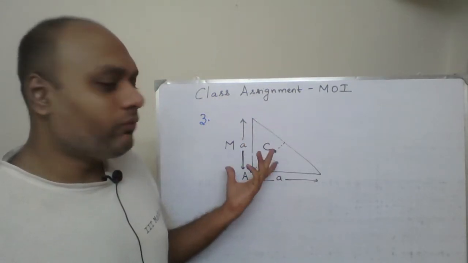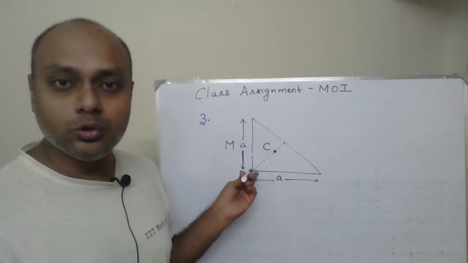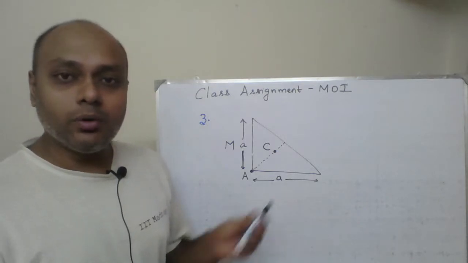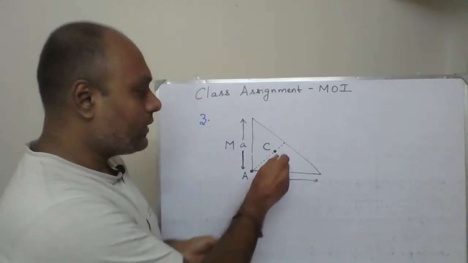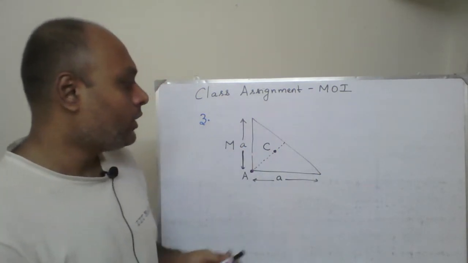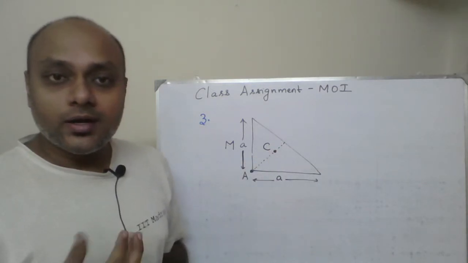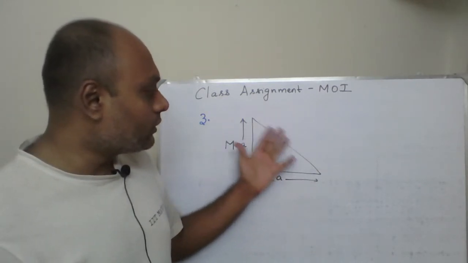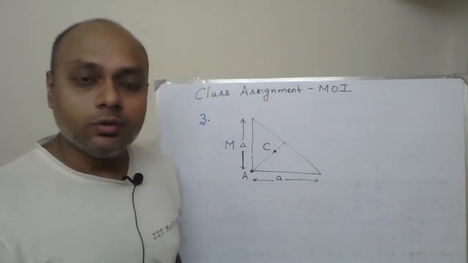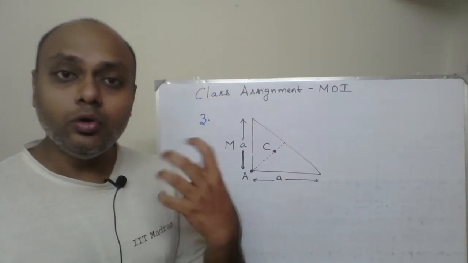We are essentially going to use parallel axis theorem to find moment of inertia about axis passing through point A. But for that, I need moment of inertia about axis passing through C, right? Because only then I can use parallel axis theorem and find moment of inertia about axis passing through A. Now, how do I find out moment of inertia about axis passing through C? That is not going to be so simple. You cannot find out for this shape what is moment of inertia about axis passing through C very directly.